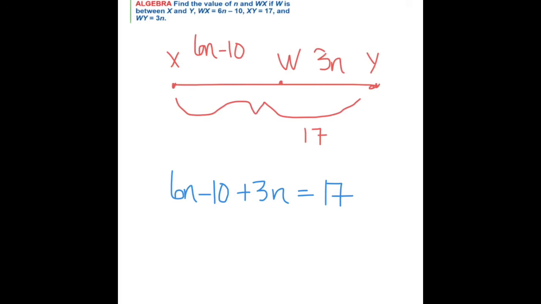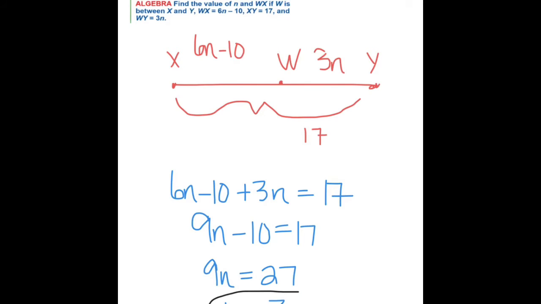Combine like terms, 6n and 3n is 9n. 9n minus 10 equals 17. I'm going to add 10 to both sides. 9n equals 27. Divide both sides by 9. N equals 3. So we were asked to find the value of n, and n equals 3, but we were